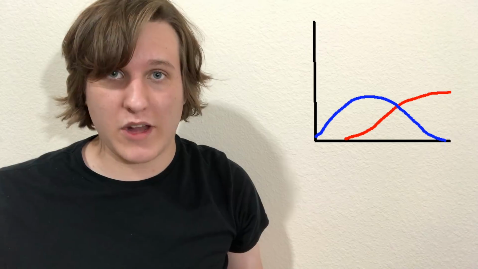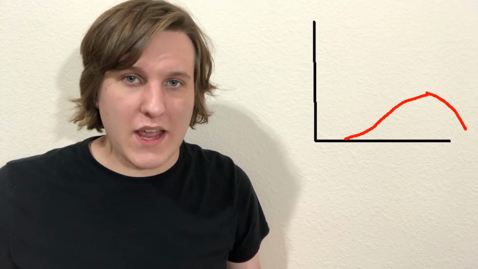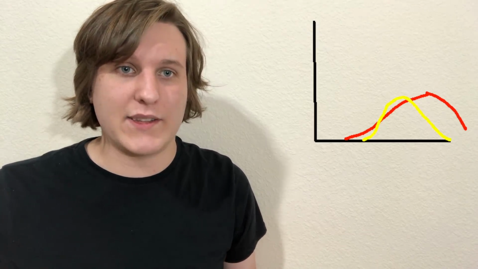Anyway, let's make a graph for a light filter based on what frequencies of light pass through it. The x-axis is the frequency of the light, and the y-axis is how much of that frequency passes through the filter. So the graph for a red filter might look something like this, mostly letting through long frequencies, while the graph for a blue filter might look something like this. Now, let's take a light filter that looks red because it only lets through these wavelengths, and another filter that looks yellow because it only lets through these wavelengths, and let's put one in front of the other. Only light that can pass through both of them will reach your eye, and